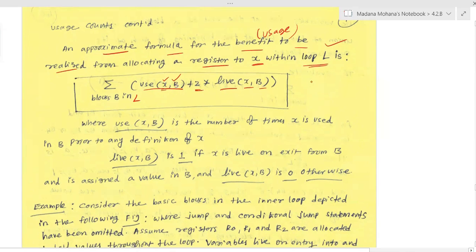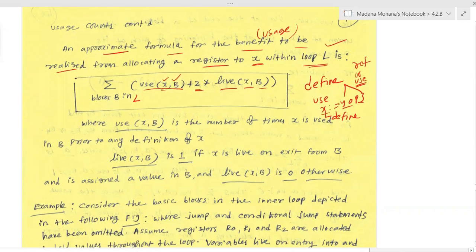So starting of this code generation, we already mentioned two terms, define and use. For example, X equal to Y OP Z. Here X is nothing but define, whereas Y and Z are nothing but use or reference. So from now onwards we will use the term use. Use means the values used in the right hand side of the definition where X is defined.